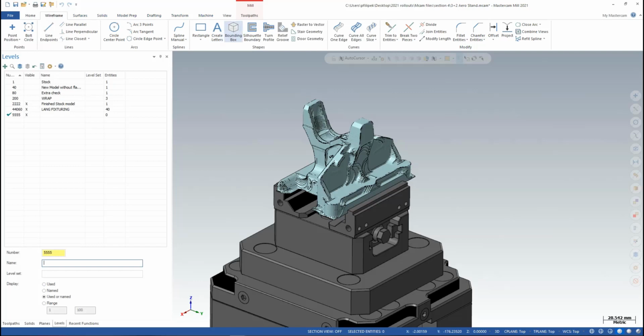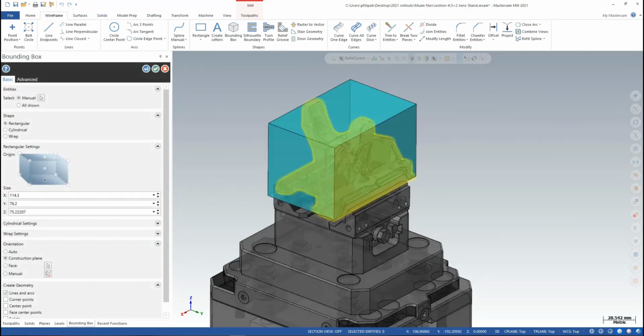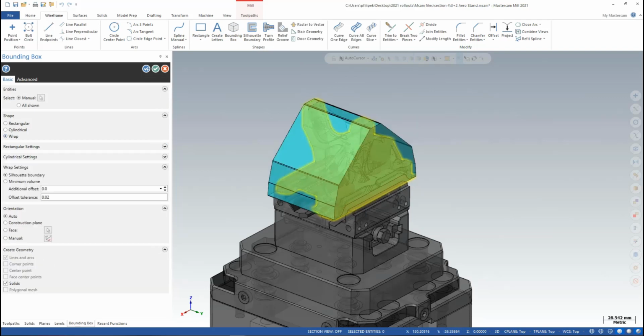And if I go to my wireframe menu, I can go to bounding box, and I could click my part, and now what I can do is wrap. So I could get a wrap here, and then I could even go minimum volume. And maybe give me an extra 3 millimeters on that, so it'll poof it out a little bit. So now if I come in here and I create a solid